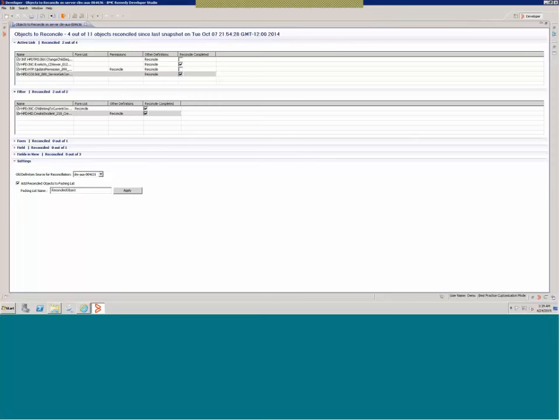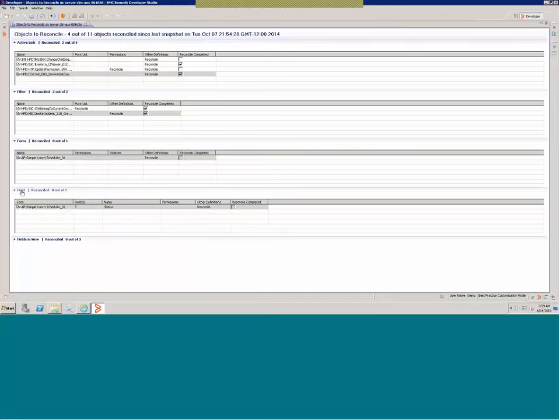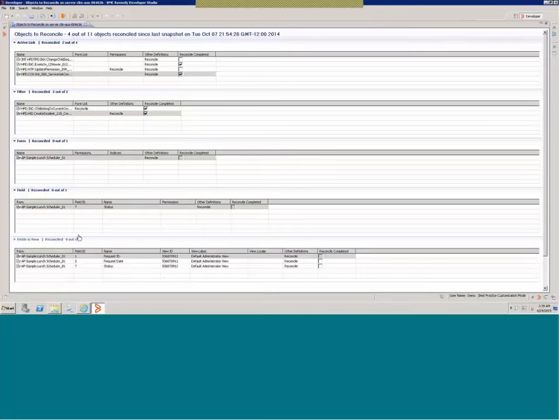So let's look at the other objects. So we have a form, a field, and a field in view. So basically, when you create an overlay of the form, all the properties which you can change in the form, if you need to reconcile anything, it will list down in the form.